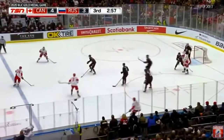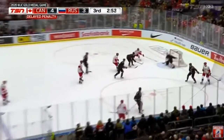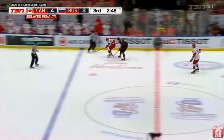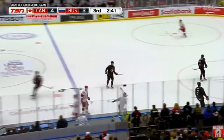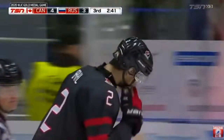Havanov feeds it back to Denisenko. In for Havanov. Havanov, a centering pass. That missed Romanov. And the puck back to center ice. Touched up by Cousins. No, he didn't get it. Denisenko in for Havanov. Havanov winds in. Morozov had to poke away by Ball. And with 2:41 to go in the third period, Ball is called for hooking, and Russia will go to the